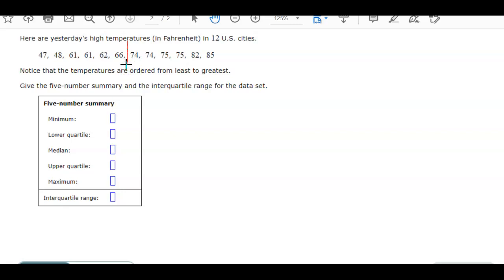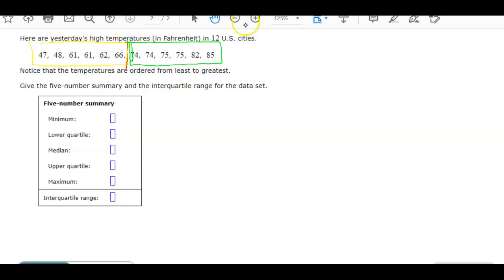So we're going to make this easy. The lower quartile, you guys, is just the middle of the bottom. So we're going to find the number that's in the middle of the bottom. And then the upper quartile is going to be as easy, and the upper quartile is just the middle of